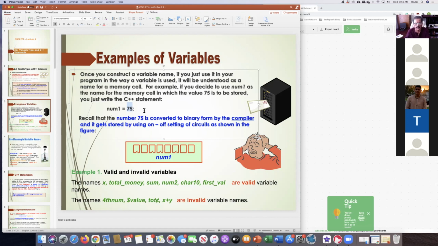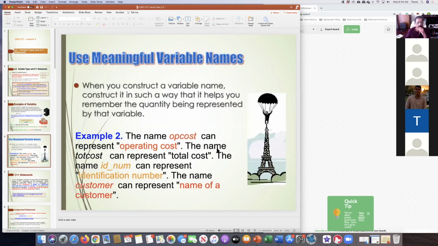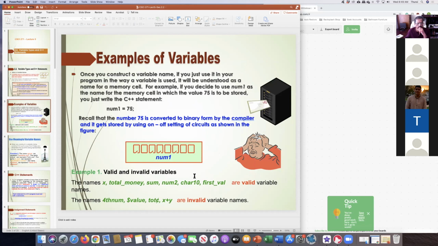So why did we learn binary coding? To understand how the memory works and how to determine how much memory is needed and things like that. You need to understand the binary coding. That's why we learned it. But when you're writing a program, you will write the number in decimal code. The compiler will convert 75 to binary code, and it will store the 75 in the memory this way. Right here, this picture shows exactly what will be in the memory when 75 is stored. The binary code of it will be stored. So we don't have to worry about the binary coding. We can write this statement this way. So now our question is,